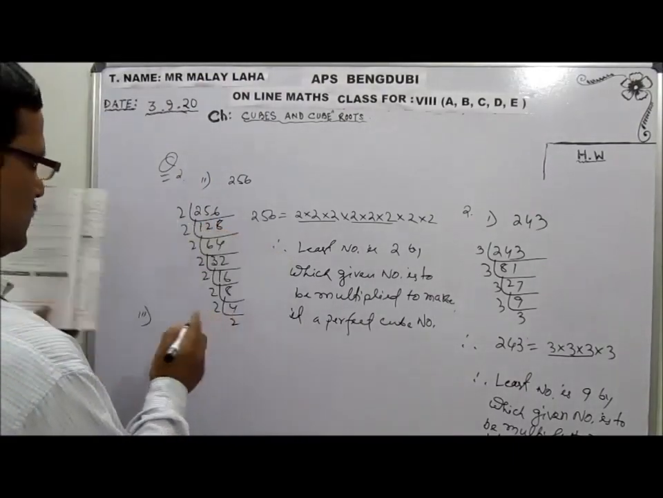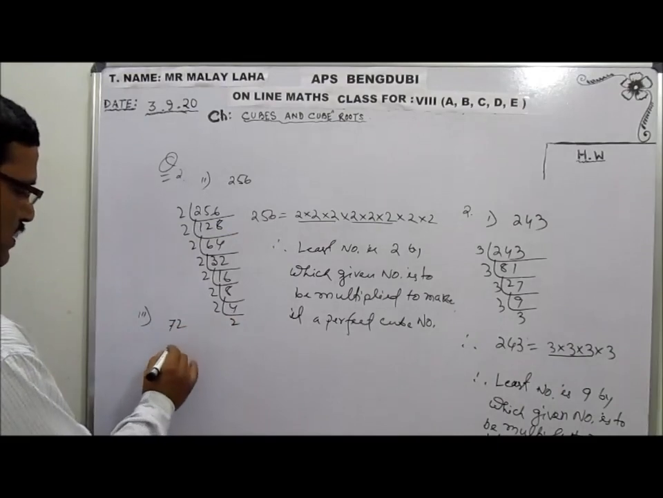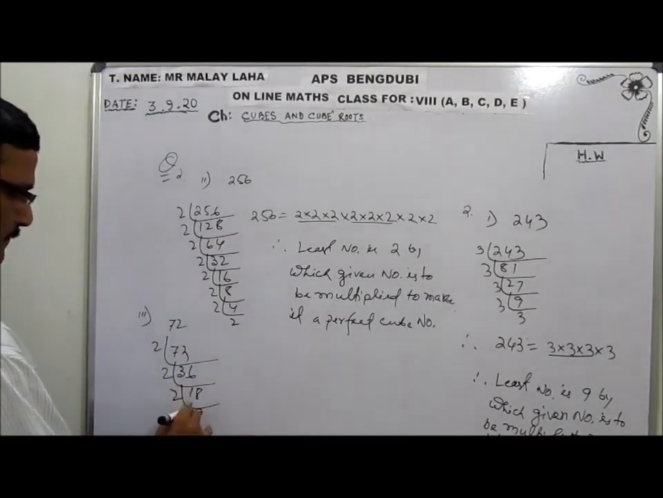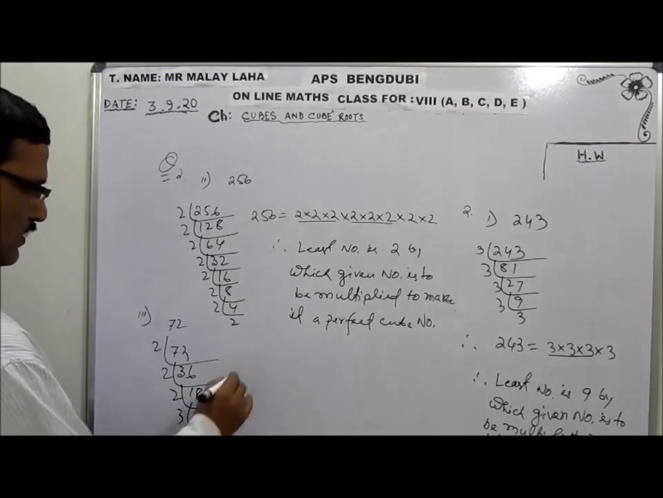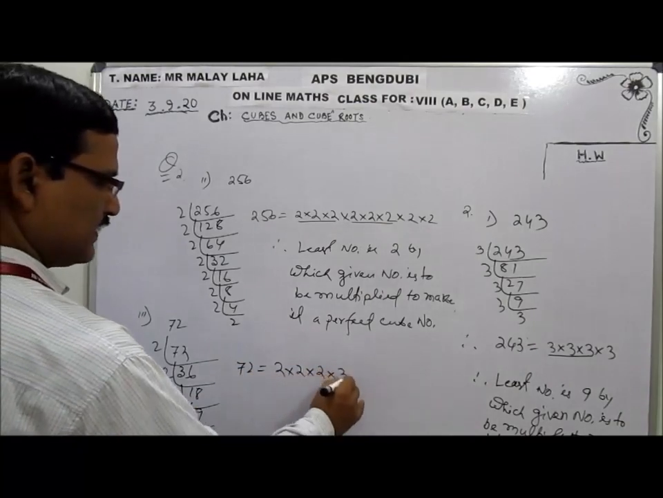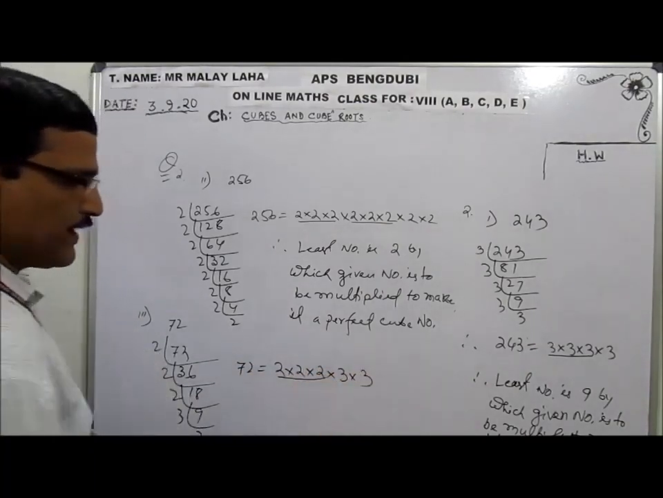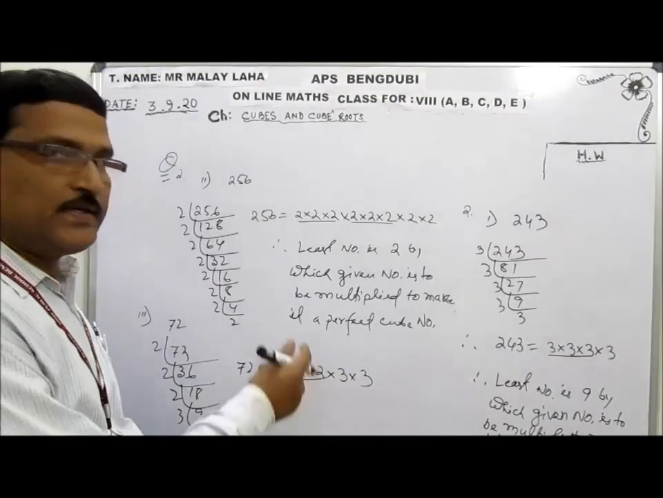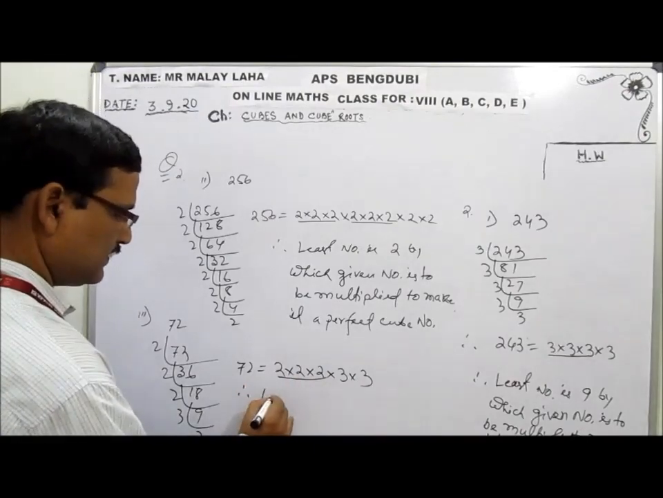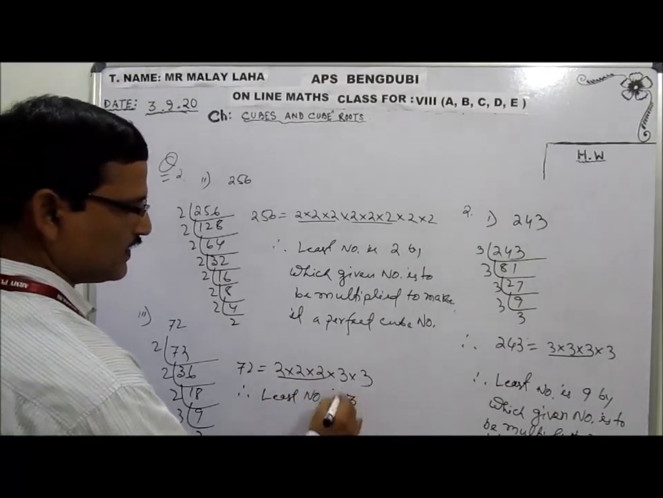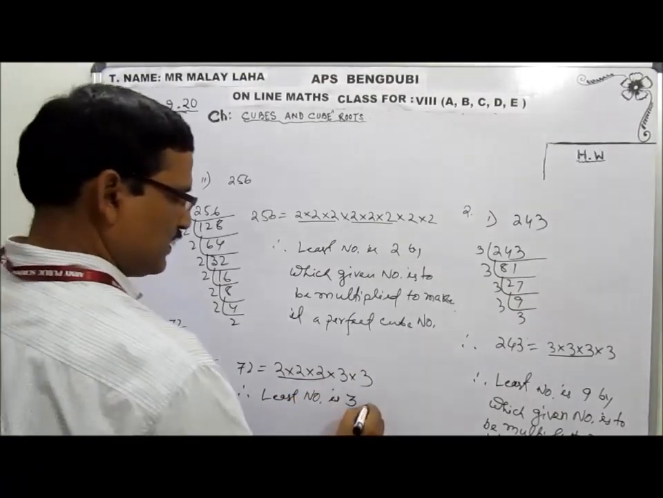The concept should be clear. 72, a very short number. If we divide 72: 36, 18, 9, 3, 3. So 72 can be written as 2 into 2 into 2, 3 into 3. So we have a group of 2 common factors, and one 3 is missing. I need to multiply. Therefore the least number is 3, one more 3 is required,